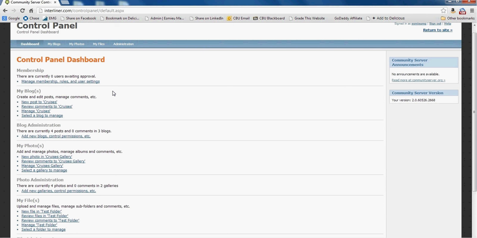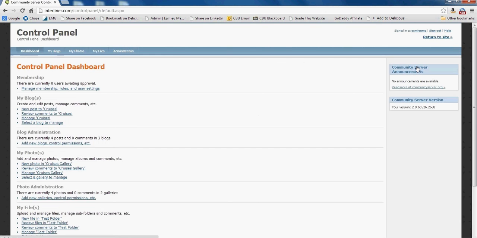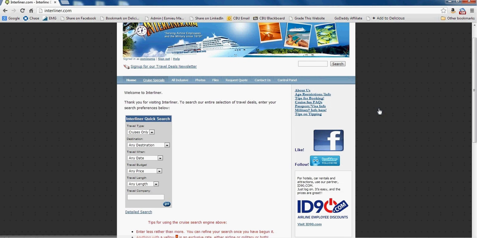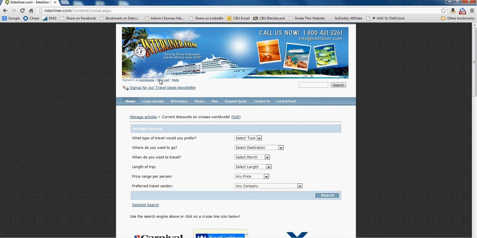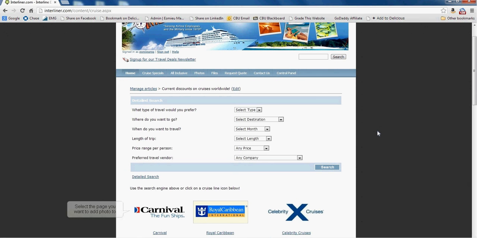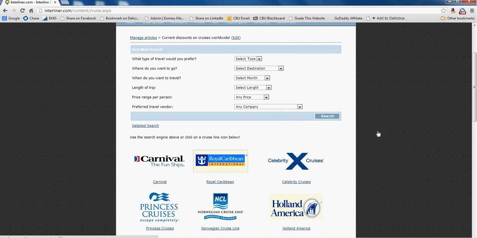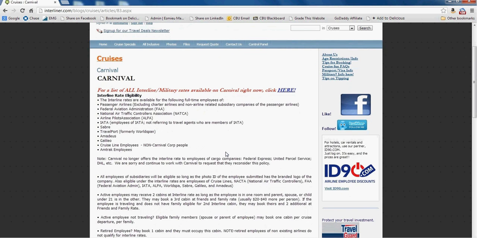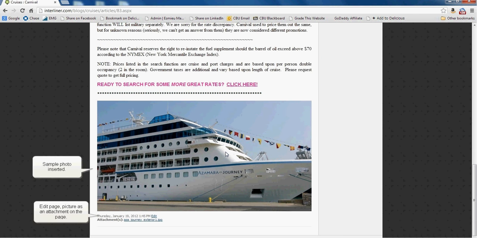Now let's go back to the website, and if you wanted to add a picture on the page, which I have yet to really find the best way of doing, let's take a look at one of the pages. So the Carnival page, I just added a picture down here, and you could just remove it, but just to give you an example, what I did was edit,